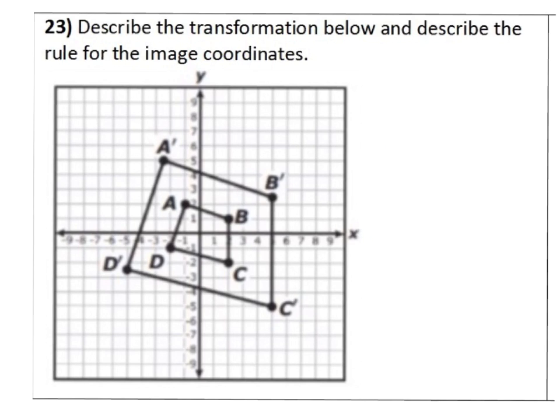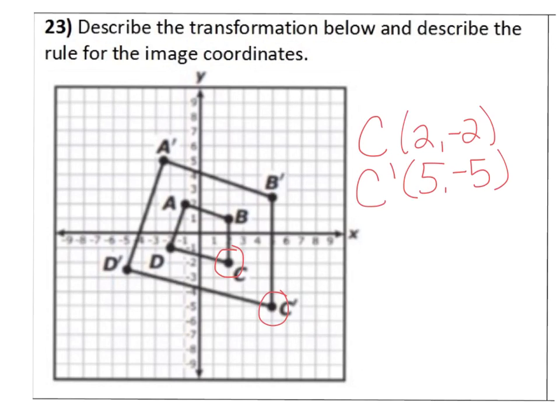23. Describe the transformation below and describe the rule for the image coordinates. So I say just focus on one point. So I'm going to focus on point C. The original point C was at 2, -2. And then the new point C is at 5, -5. So to figure out what's happening here, you could take -5 divided by -2 and see that it's getting